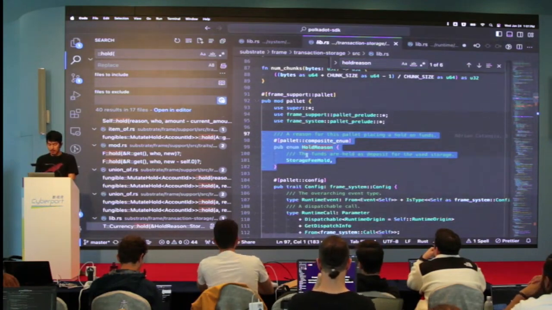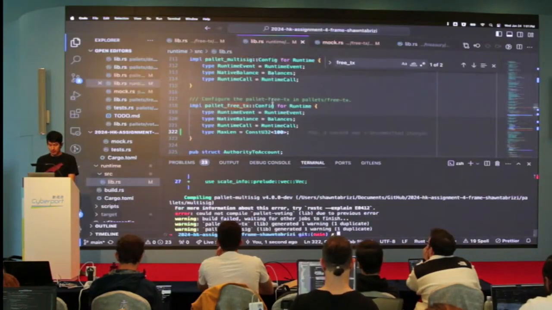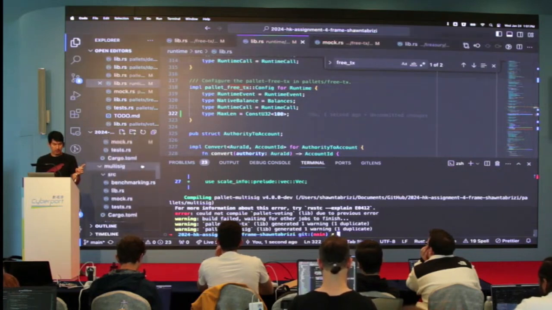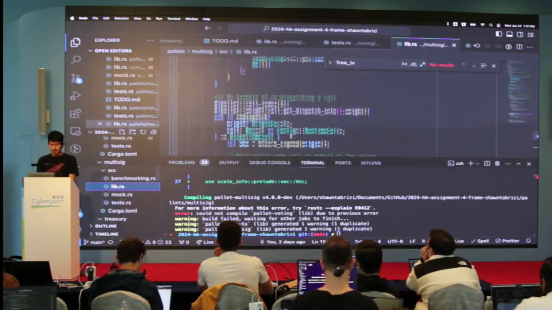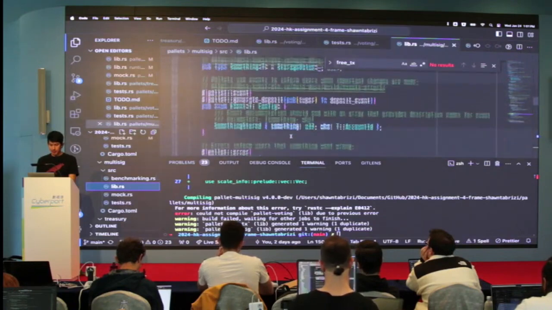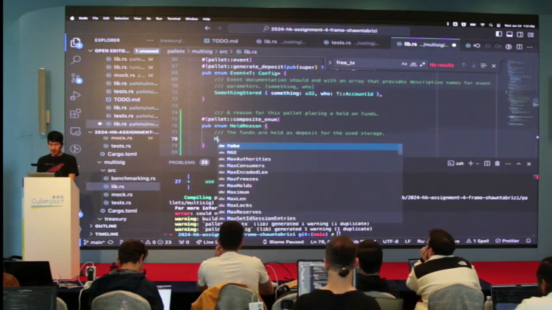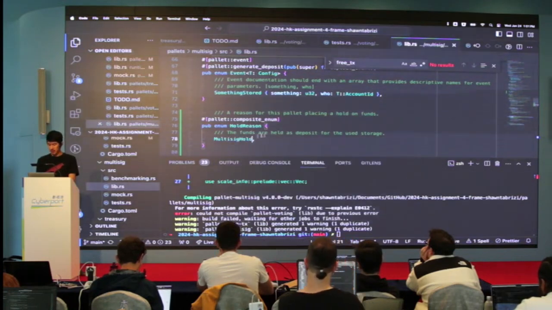Let's copy this, okay? So I'm going to go over here into my assignment, and this was for DEX, multisig. Okay, multisig. In the multisig, let's go make a new hold reason, and this is going to be like multisig hold, right?